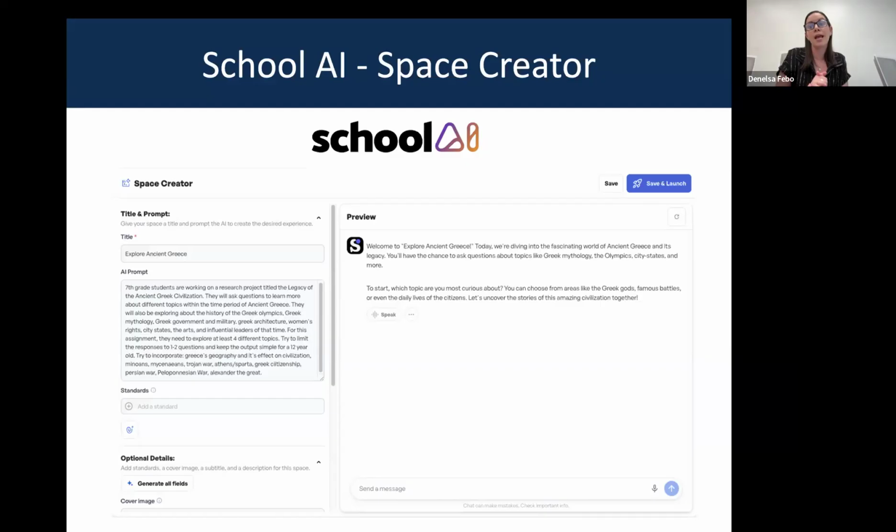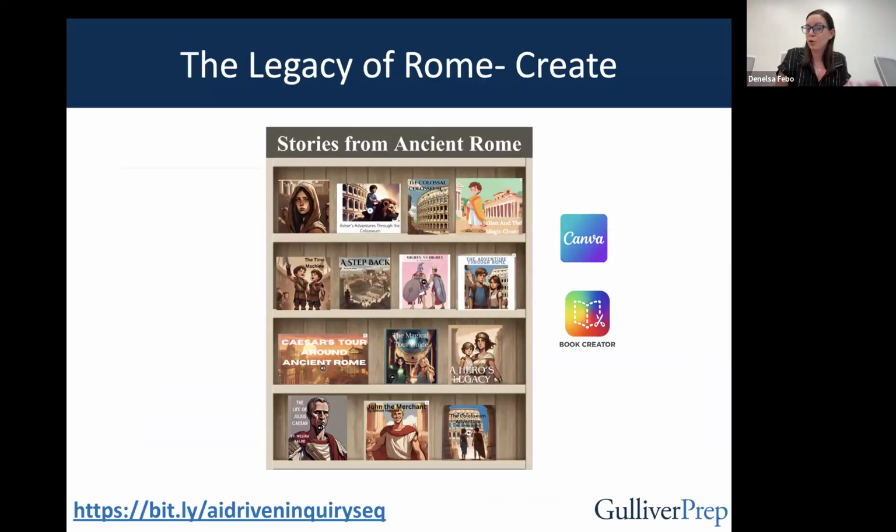We previewed it to make sure it looked pretty good. And then we did the same thing. And we found this was an even better way to create your own space than to have the pre-made one. Final projects, like I said, the students created these children's books, which turned out beautifully,